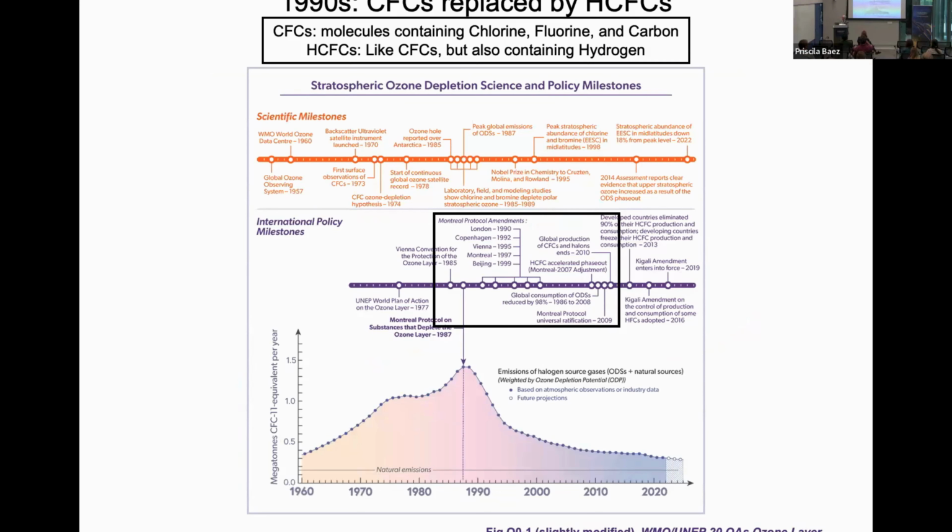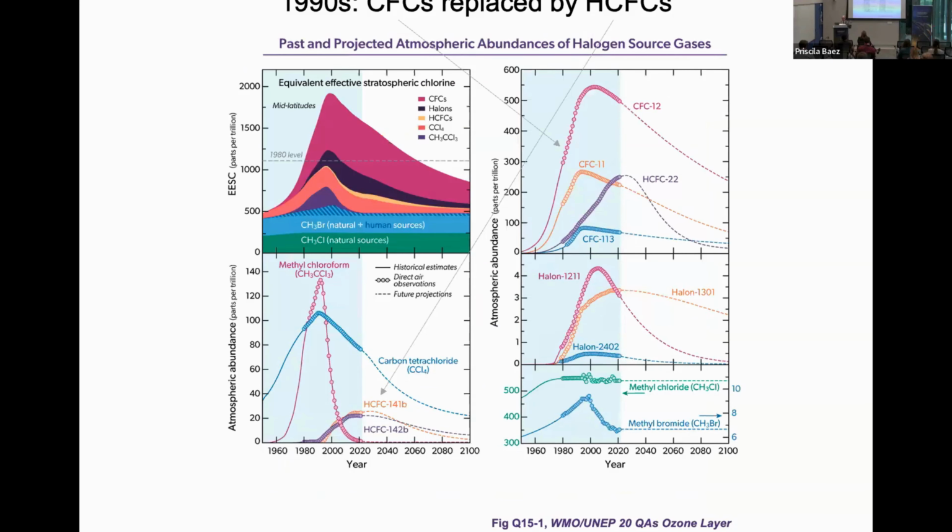So in the 90s, the CFCs were replaced by HCFCs. The HCFCs are like CFCs, but they contain a hydrogen, and the hydrogen causes the gases to not be nearly as long-lived or pervasive in our atmosphere as CFCs. Because, those who read the 20 questions know, the hydroxyl radical abstracts the H in the troposphere. So this was a good thing. We replaced CFCs with HCFCs, and here is some of the new.